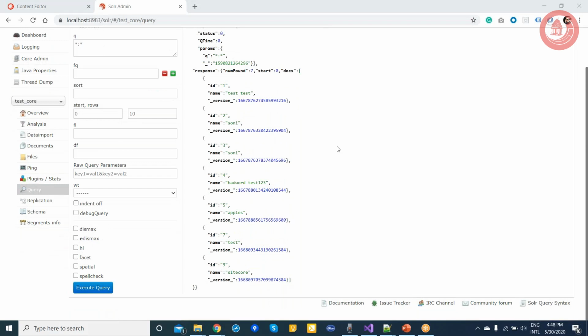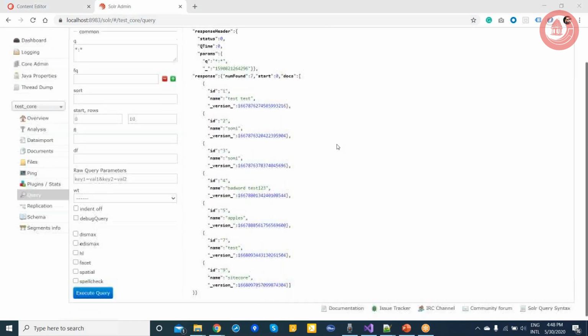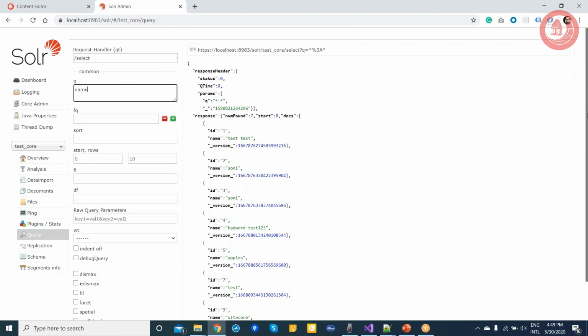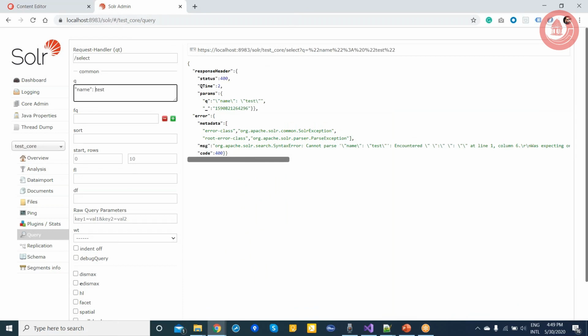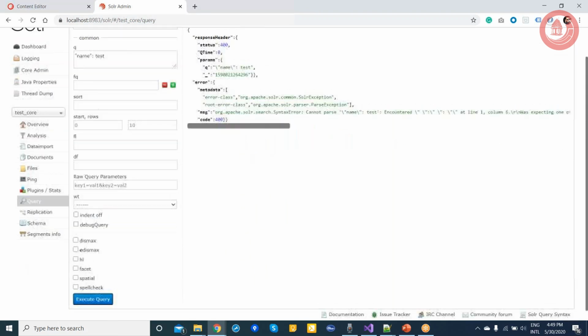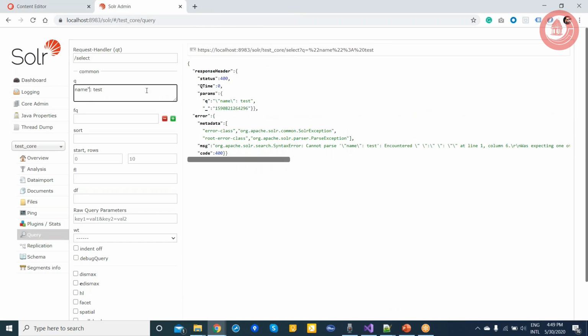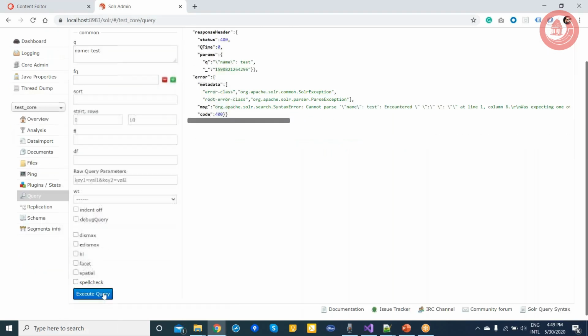Okay. Let me move this slightly here. So now, if I'm searching for, let's say, name equal to test, I'll just remove this thing.